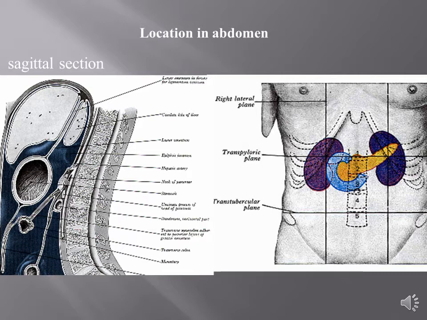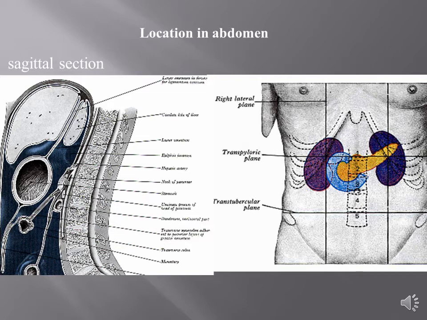This diagram depicts the location of pancreas in abdomen. On the right side we can see a yellow colored viscera which is pancreas. It is lying in the blue colored duodenum, a C-shaped viscera. So we can see how it is placed transversely or horizontally and its direction is a bit upwards towards the left side.